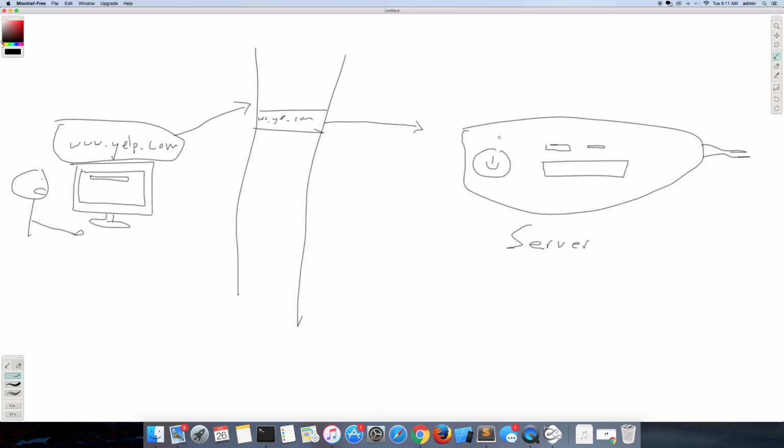So on this server, it receives this request by your computer, and this request is requesting the home page of yelp.com. So this is Yelp's server. Yelp then gets this message that you sent, and it processes it, and it gets all the content that you asked for in this message,